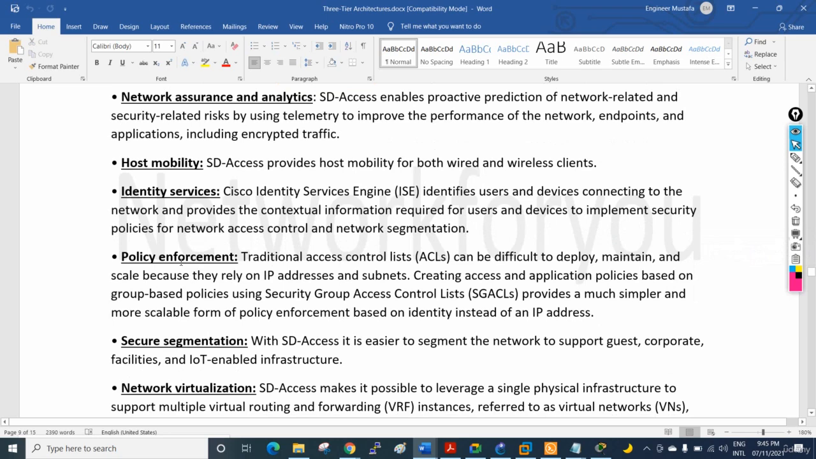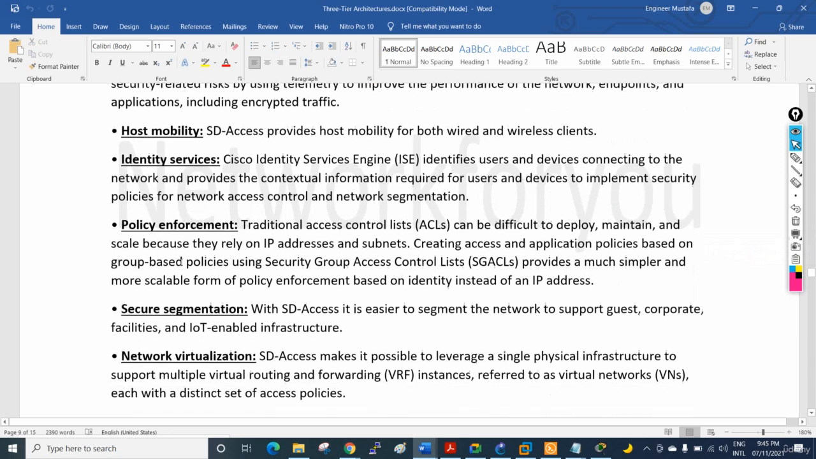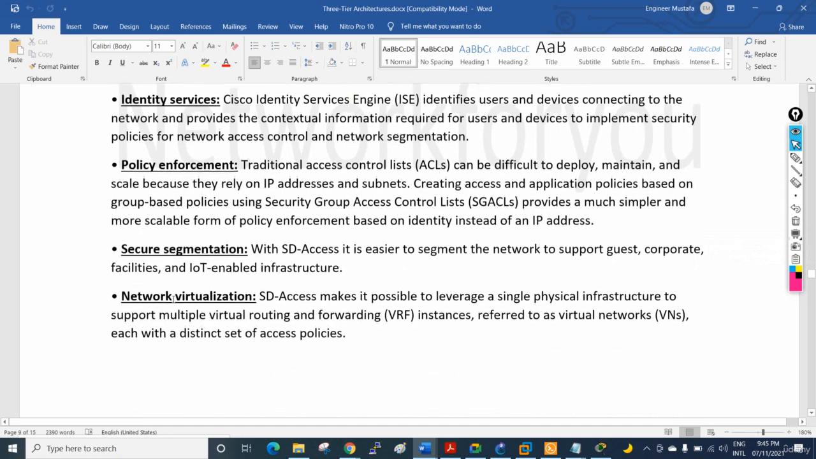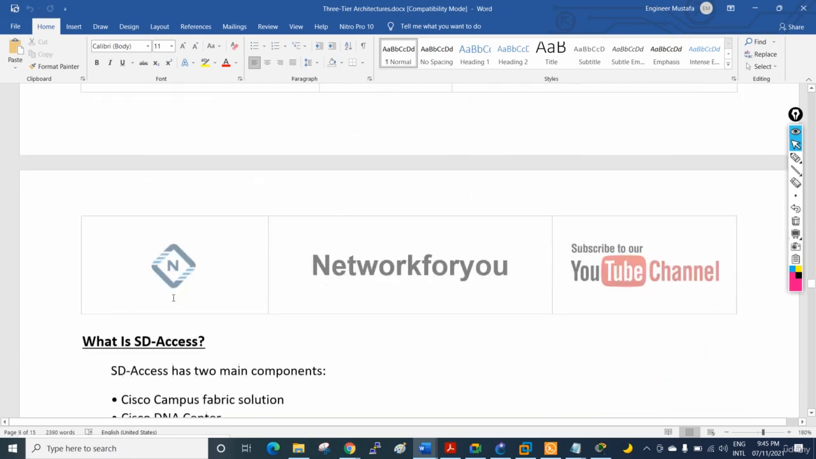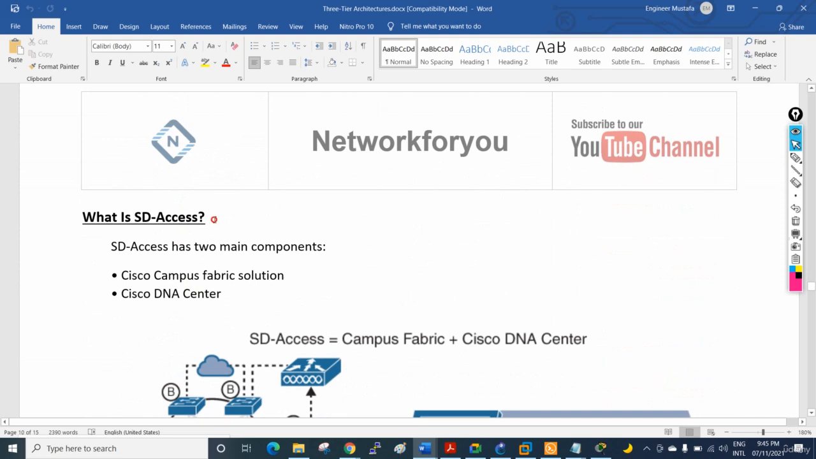And we can have policy enforcement, security, and network virtualization in SD-Access by using the Cisco DNA Center. We are saying SD-Access. What is SD-Access? SD-Access consists of two components. One is the Campus Fabric solution, the one we call overlay and underlay, and the other is the Cisco